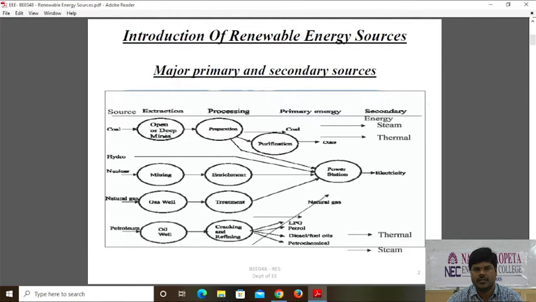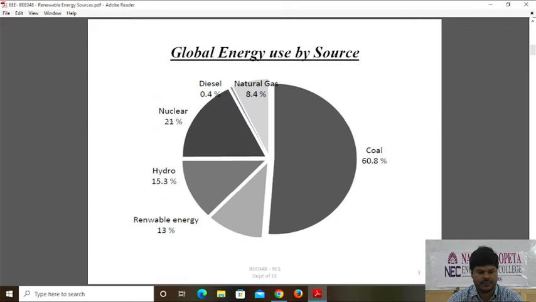All this will come under non-renewable energy sources because in future they may be exhausted. That's why we are going for renewable energy sources. See the global energy use by sources. Still, the majority of the